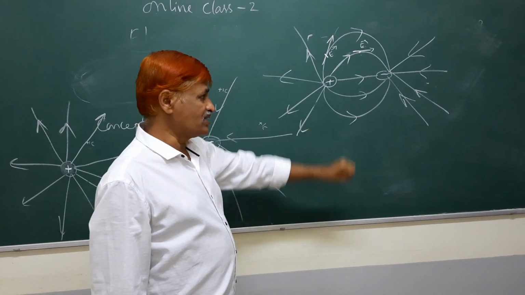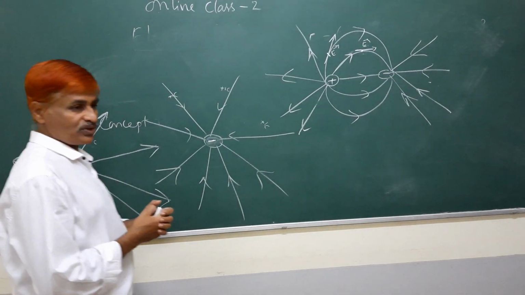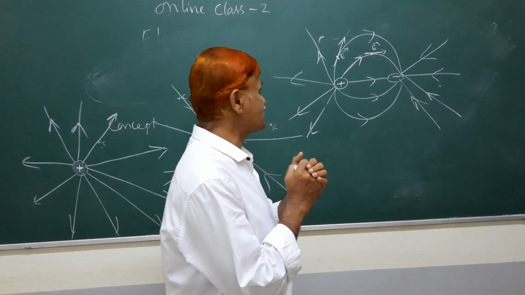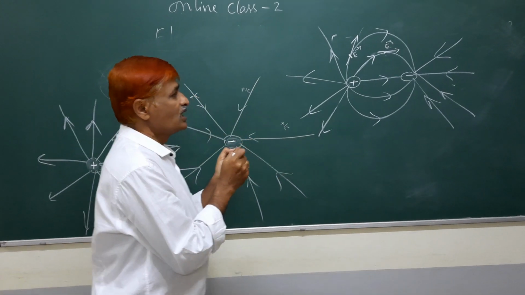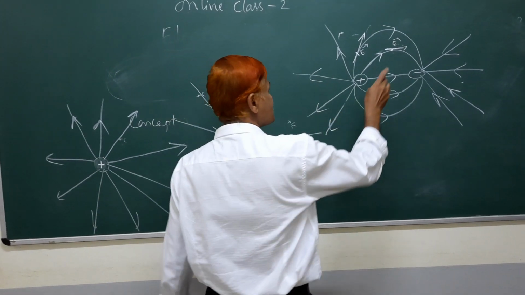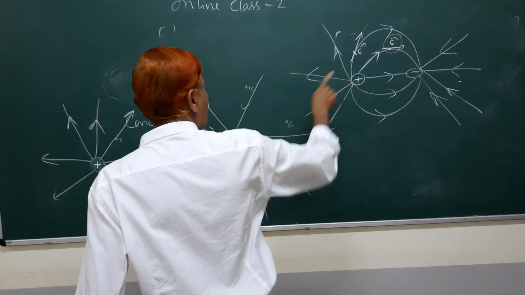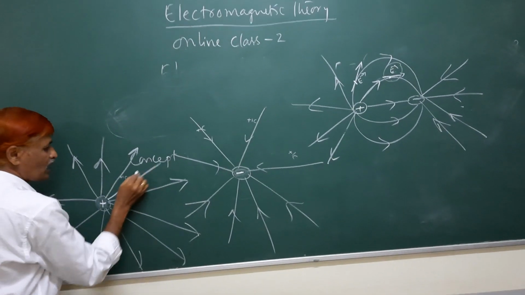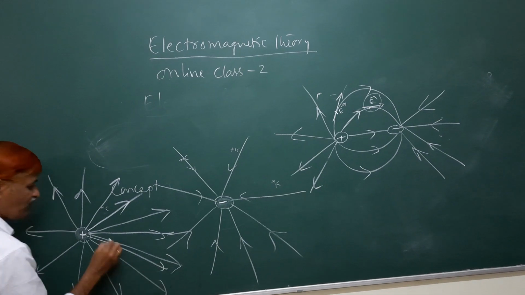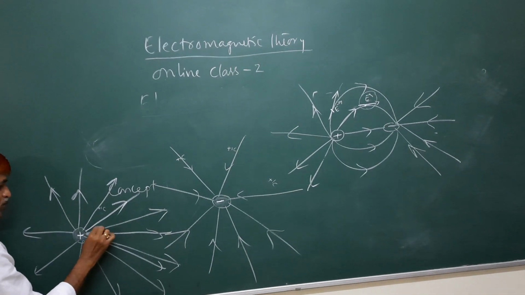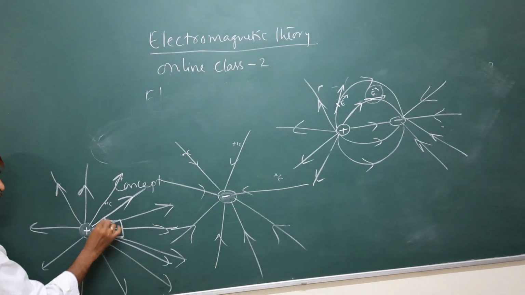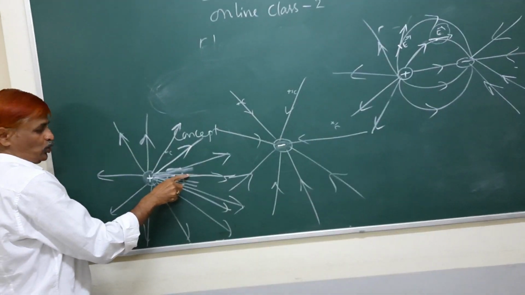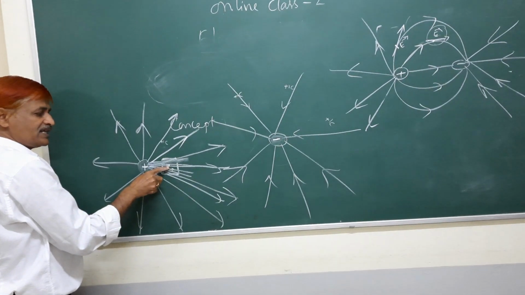And the number of lines, see how it is useful. The number of lines per unit area in the electric field around a point gives electric intensity. Now I am linking electric lines of forces with electric intensity. See this. If I choose a point P here and one unit area around this point, the number of lines of forces passing through this is more. For that reason, electric intensity is more.